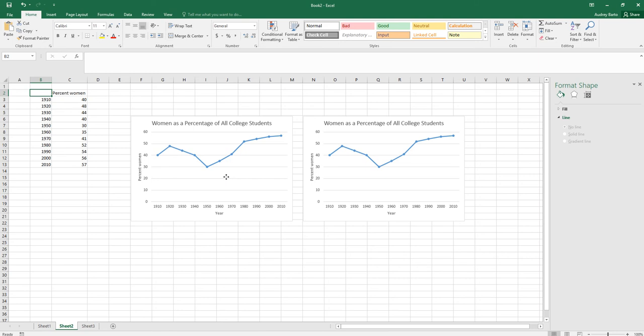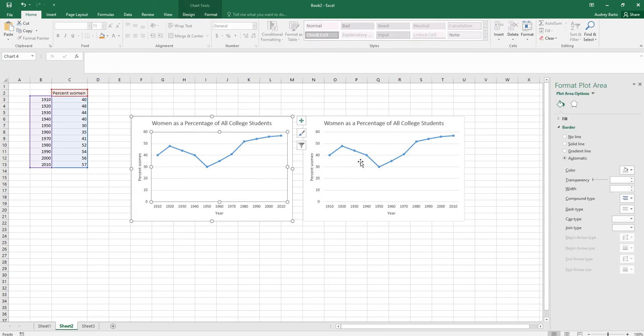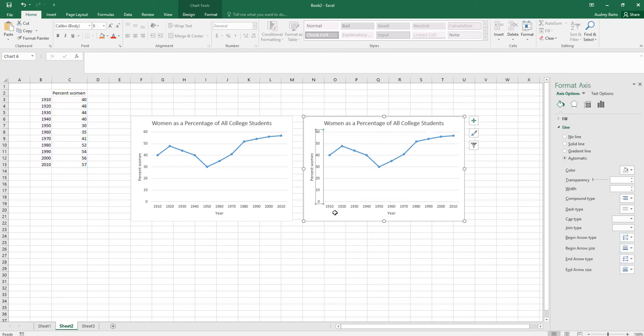Okay, I've made a copy of the chart here so that we can play around with some changes. On the left, you'll see that the vertical axis scale goes from 0 to 60 by tens. And if you play around with that, you can actually make this graph look quite different. So one thing that you could do is start with the lowest data point. So rather than starting with 0, we could start with 30. Right, so if you click on the numbers there,